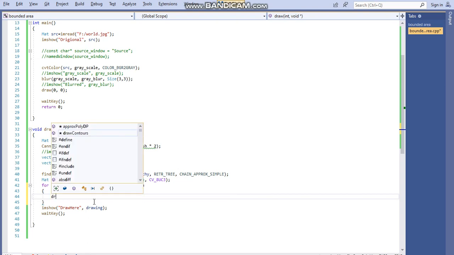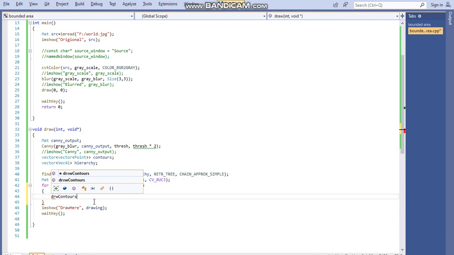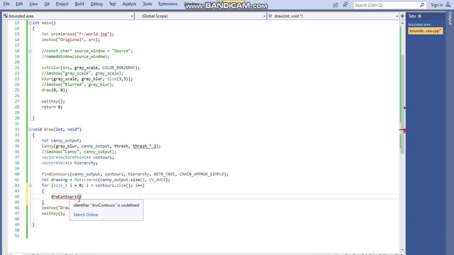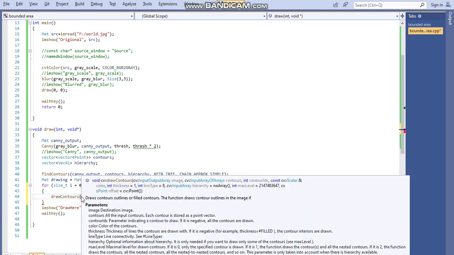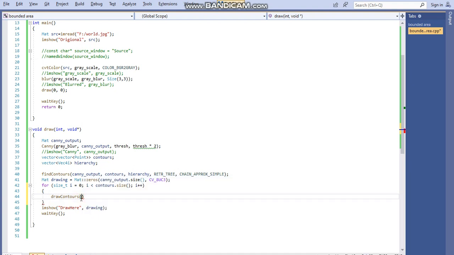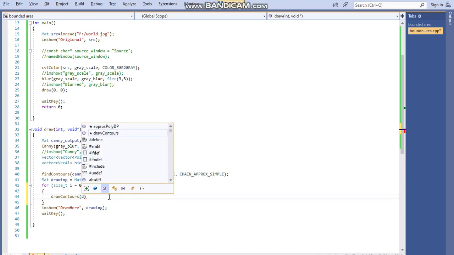Now call a method called drawContours, and see what the parameters would be. It is asking first for the input output array image: where do you want to draw? On that blackboard, drawing.